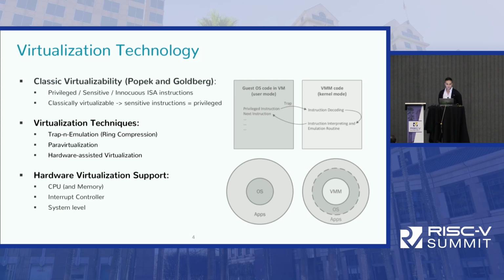So by leveraging trap and emulation, you run your hypervisor or virtual machine monitor in kernel mode, and then you deprivilege your guest operating system to user mode. If the architecture is classically virtualizable, it means that each sensitive or privileged instruction that the operating system running in user mode wants to execute will trap to kernel mode, where the hypervisor will decode the instruction, interpret it, emulate it, and then provide the result. And this is pretty much what we have in the image on the top right side, the concept of